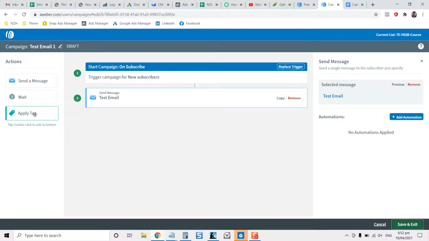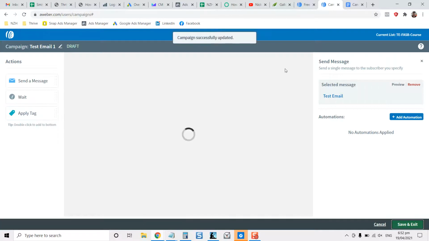You can apply a tag if you want them to be tagged. Say the tag might be test email, and then later you can use that tag for segmenting. In other words, you can grab a bunch of people that have been tagged, such as subscribers to the newsletter, and you might email those people with an offer, such as, hey, because you're subscribed to our newsletter, we also thought you might be interested in our YouTube channel content. You might send them information to get more info on your YouTube channel. So anyway,